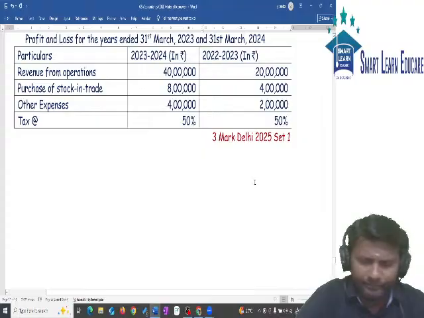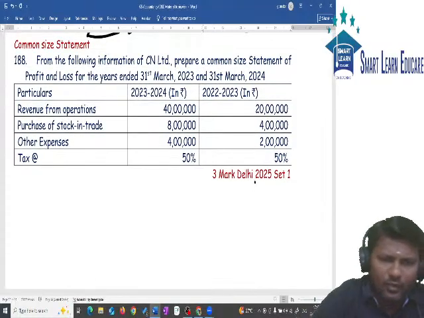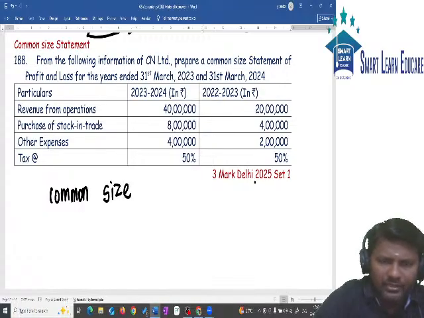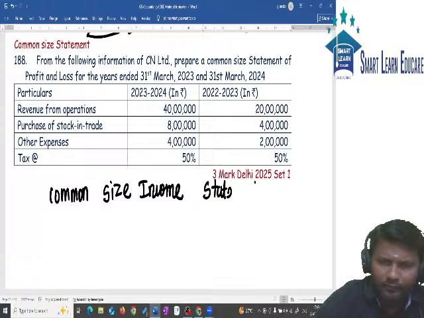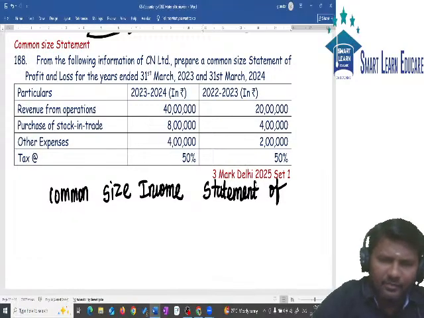First heading, common size income statement of CN Limited